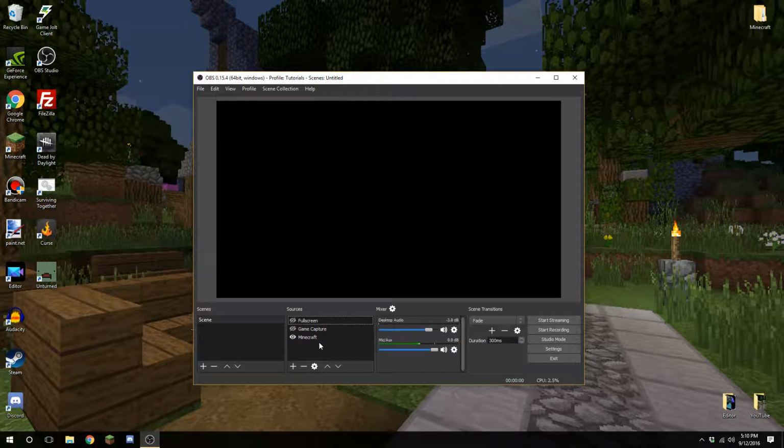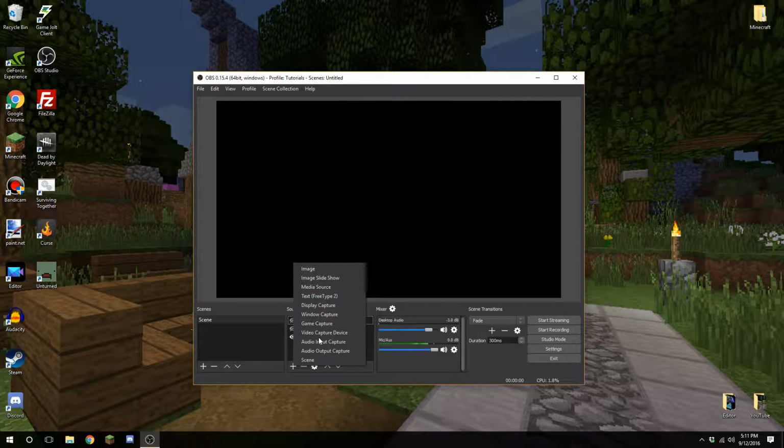Sources here, this is really important because this is how you're going to get your video. So when I create a new profile, it keeps my sources, I guess. I wish it didn't do that. OBS, if you know how to do this, if anyone knows how to do this, just tell me if there's a way that I can change this. But anyways, to add a source, just click on the little plus button right here,